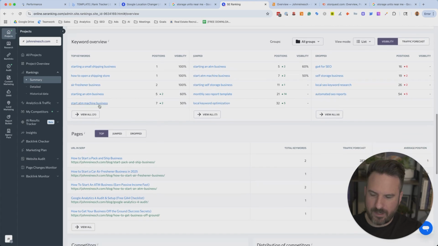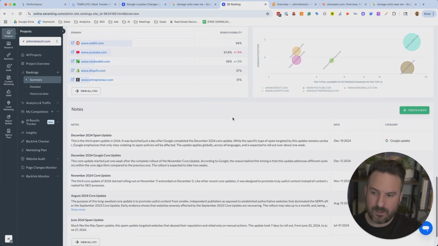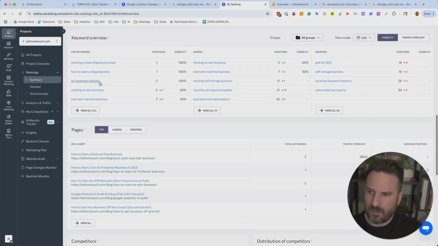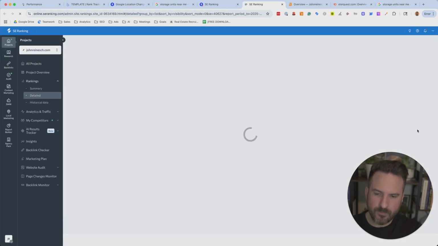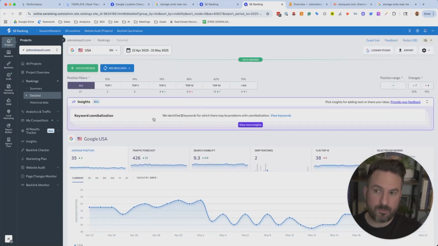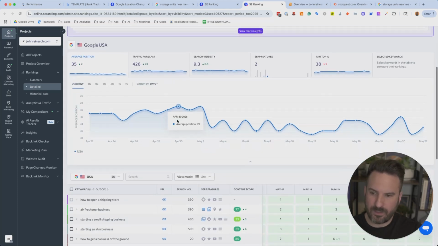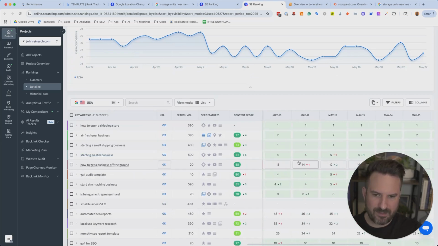If we scroll down, there's top pages, competitor reporting, there's a lot of data here beyond just monitoring keywords. You could actually see competitor data. This one here is where I can see all the keywords I'm tracking, and again, this will update automatically. That's the nice thing about these tools: they're going to update automatically and you can log in at any point and see how you're trending. Right here, I can see a snapshot of all the different days my rankings were checked for all these different keywords